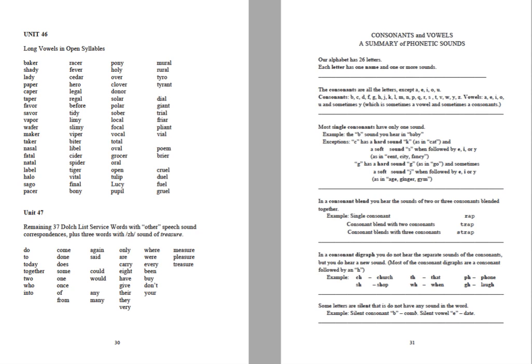But if you go over to, for example, dial, here you have two vowels together, and those two vowels split. Same thing with like poem. It's not poem, but it's po-em. So OE there is not a digraph. It's actually two separate vowels, a long vowel, short vowel. Okay, and gruel, cruel, dual, so on. And the last, here we have the, now